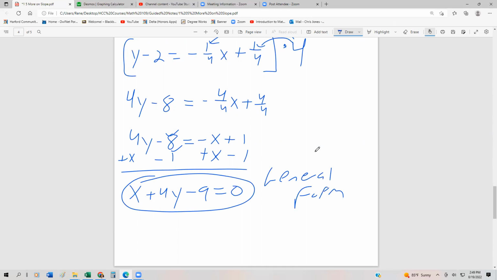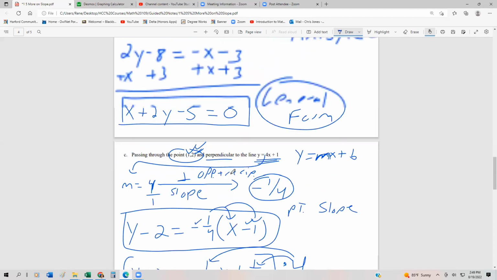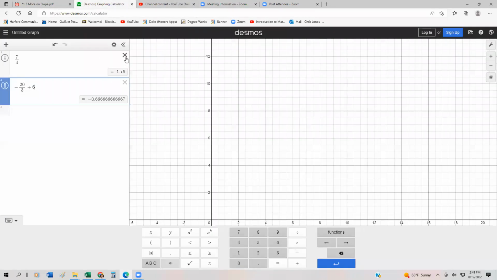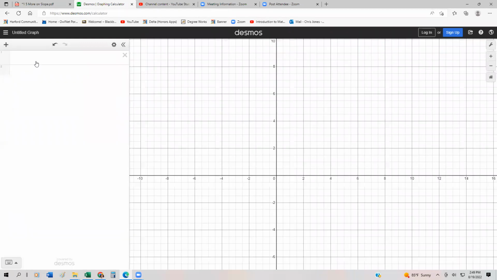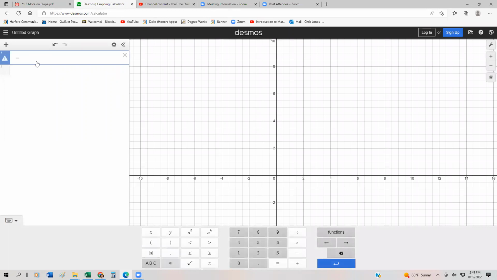Now, geometrically, we know that the lines should intersect at right angles. So what we can do finally is use a graphing device to check this. Let's plot both of the lines and see if they are indeed perpendicular. Remember our first line, y equals 4x plus 1. So I'm going to delete this and this, and I'm just going to standardize this. So we had y equals